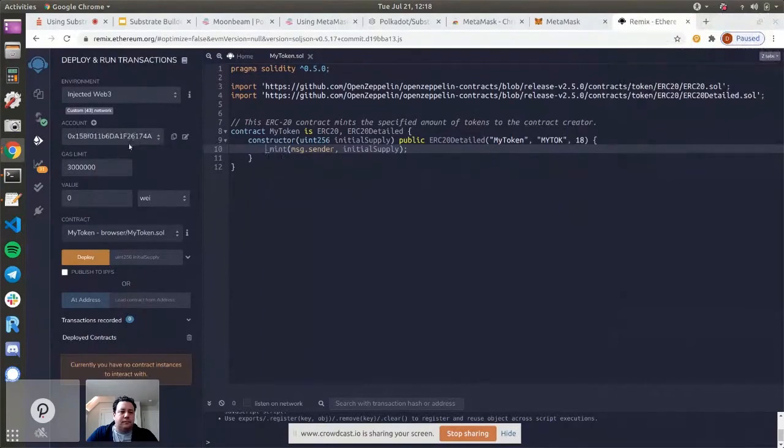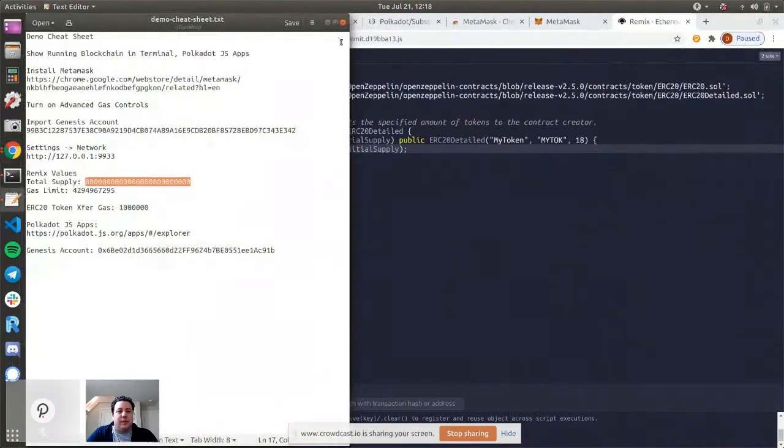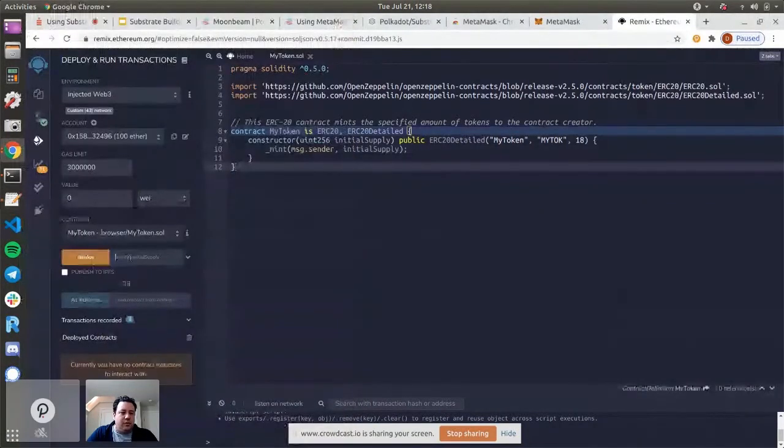And so you can see here that this is the account that we created, and now it detects that there's 100 tokens in the account that's in MetaMask. One of the arguments that we need to supply here when we're creating this ERC20 is the initial supply. So let's just do that. I'm going to put that value here. The initial supply in this case is actually 8 million. There's a whole bunch of zeros here because of the 18 decimal places that we've specified. So it's actually 8 million followed by 18 decimal places.